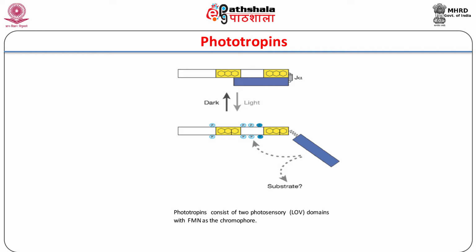In the presence of blue light of 447 nanometers, flavin mononucleotide excitation brings about a covalent bond formation between flavin mononucleotide and the SH group of a cysteine present in the LOV2 domain to form the LOV390 form. This brings about an activation of the kinase domain, which autophosphorylates the protein. LOV390 is the active form of phototropin, which is reversed into LOV447 in the dark.